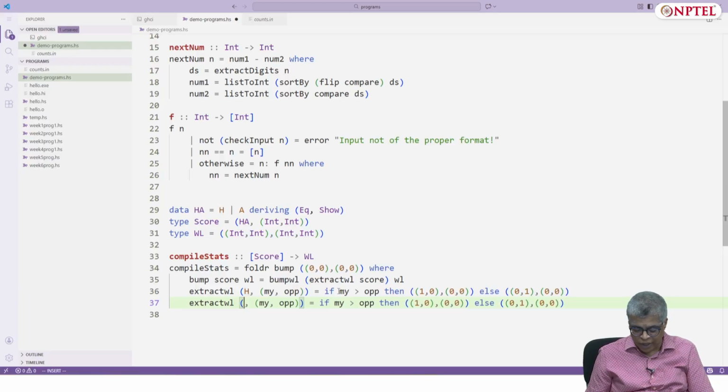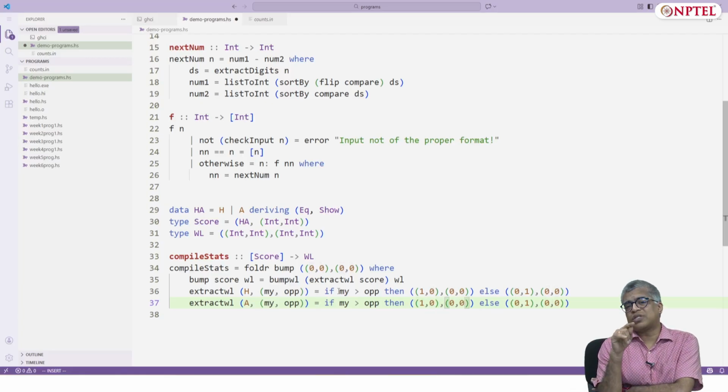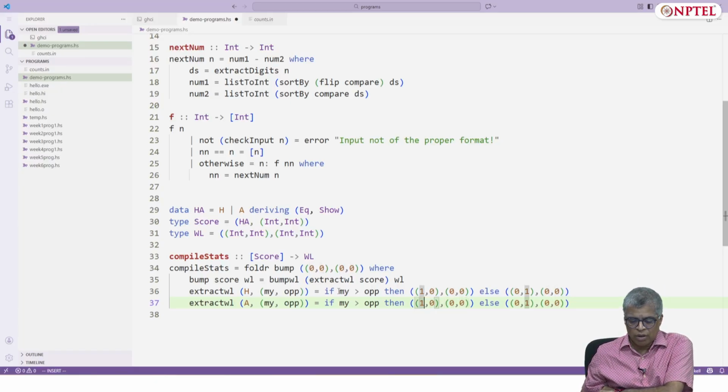If it's an away game, then once again, you're just stating whether it's a home win or a home loss or an away win or an away loss. That's all you're maintaining. So here this should be 0, 0, this should be 1, 0, and once again here this should be 0, 0, and that should be 0, 1.